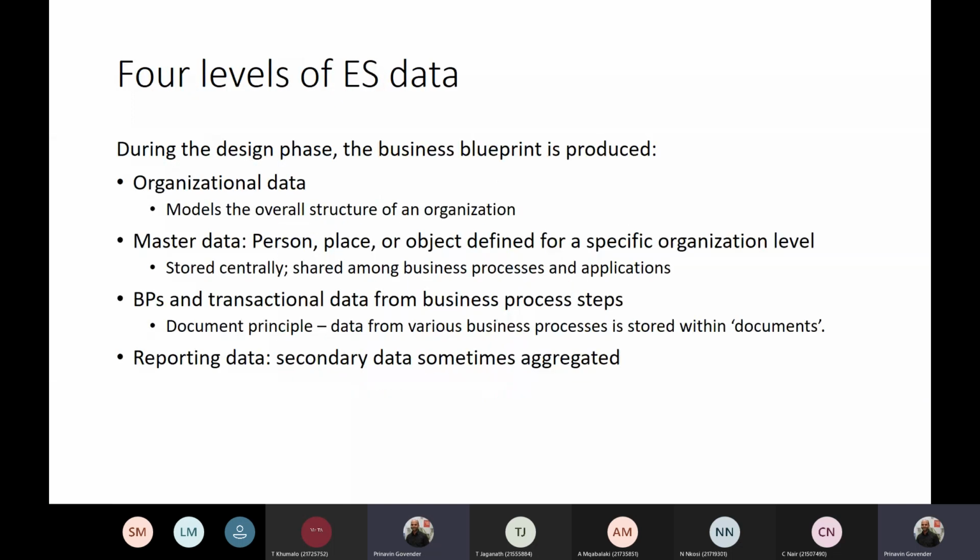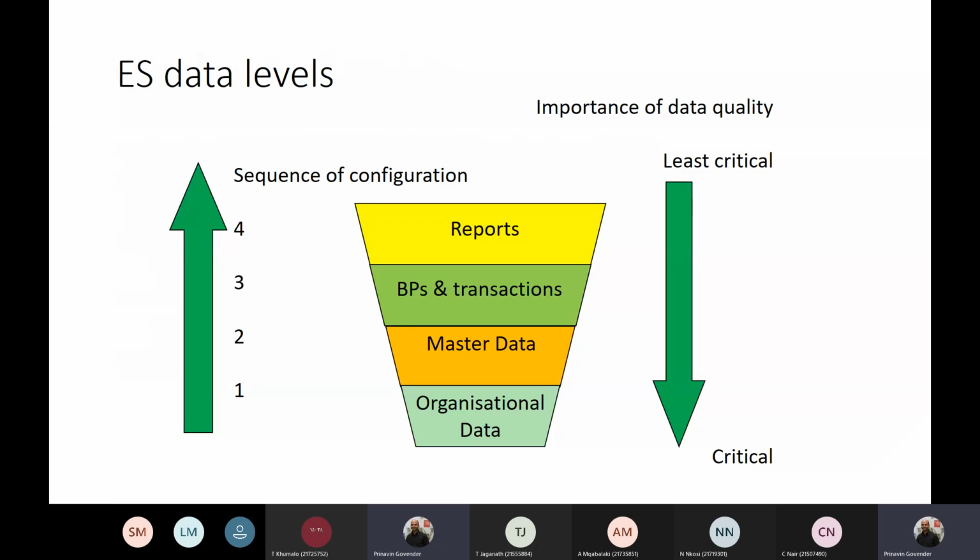The 4 levels are organizational data, master data, transactional data, and reporting data. This is the enterprise system, your enterprise system data levels. I gave you an example of an exceptional report. Or let's say, for instance, a report that indicates that the business is doing very well, our profits are through the roof. Or we could have a situation where